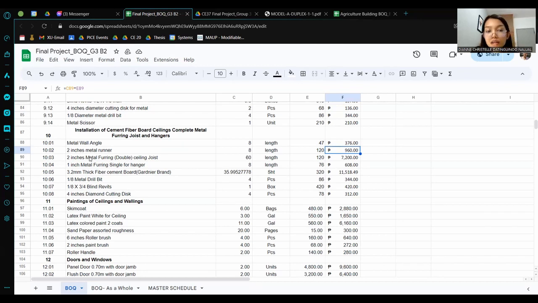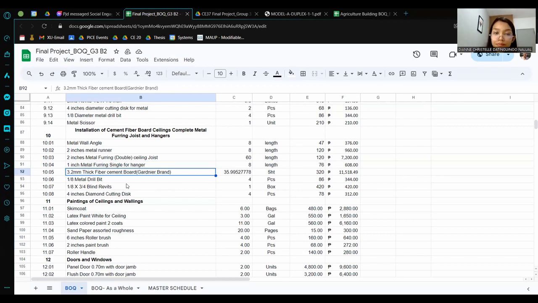So 2 inches metal flooring, double ceiling joist. We need 6 lengths at 120 pesos, totaling 7,200 pesos. And next, 1 inch metal flooring single for hanger. We need 8 lengths at 76 pesos, totaling the amount of 608 pesos. And then next item, 3.2 millimeter thick fiber cement board, Gardner brand. We need 35 or 36 sheets in estimate. Let's round it up. So we need 36 sheets